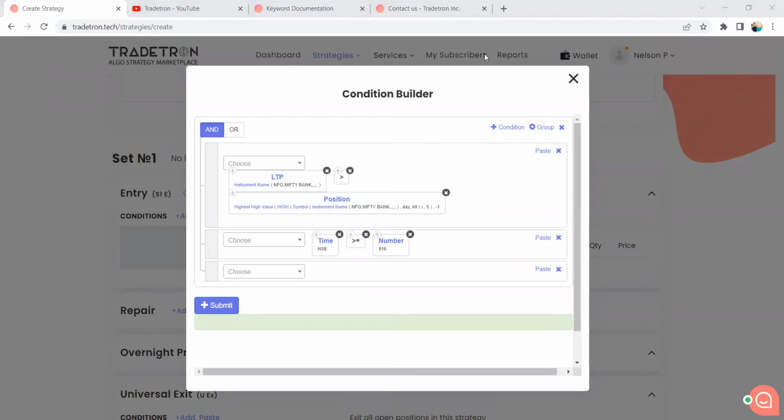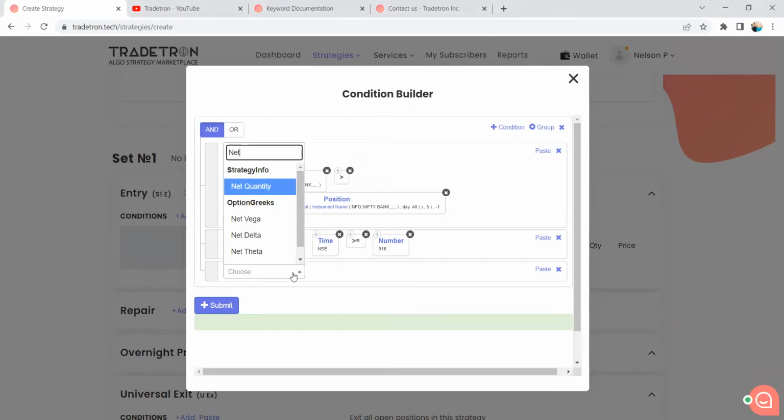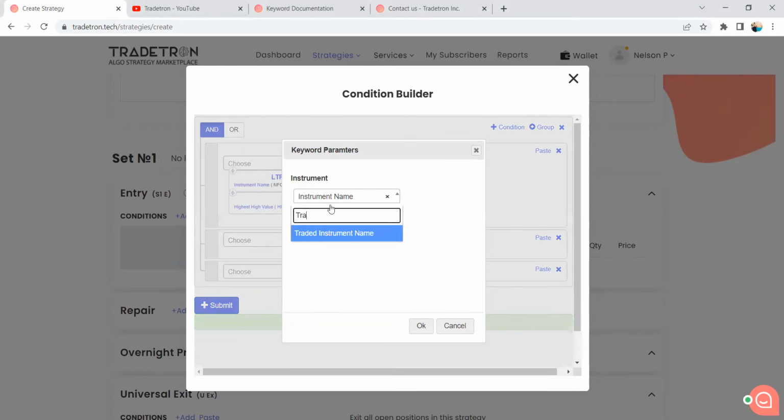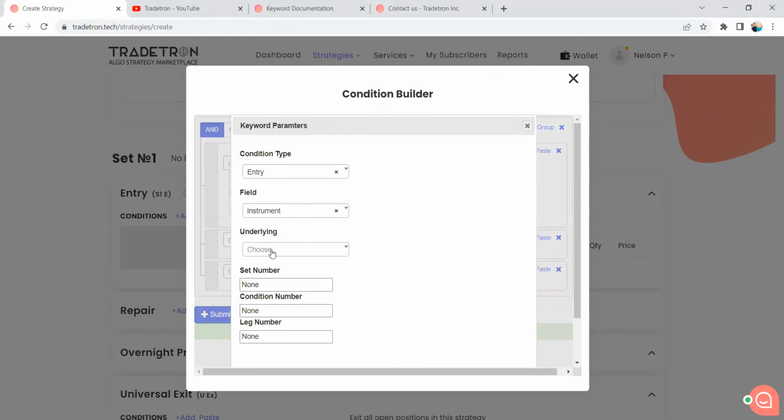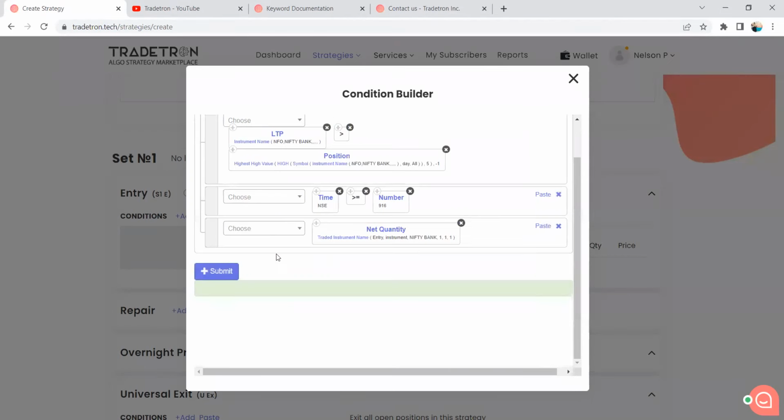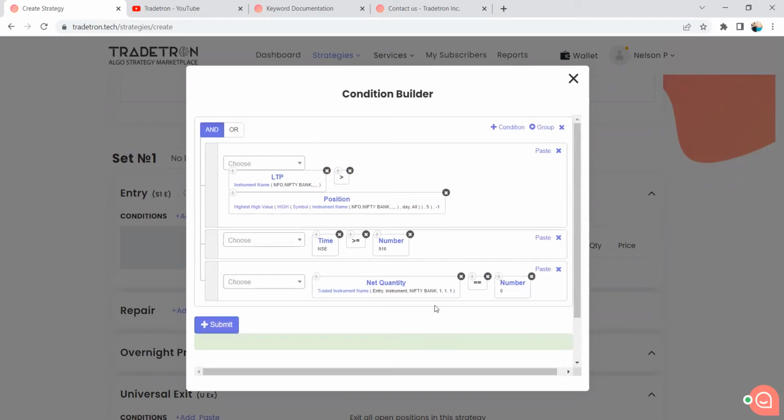At the same time, you just want to check that before taking a trade, we want to make sure that the position is completely nil, so there is no position that is currently open. So what we will do is net quantity, traded instrument name of entry instrument. Select the underlying. Suppose Nifty Bank is our index, right? So Nifty Bank, set number 1, leg number 1, and condition number 1 is equal to 0. So what we are checking is that there is no current open position